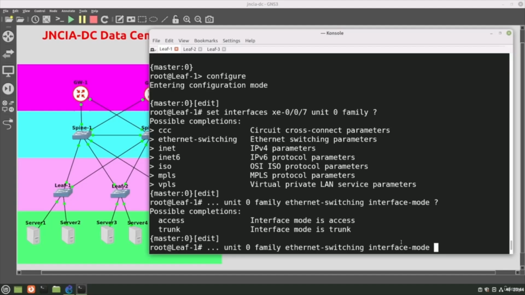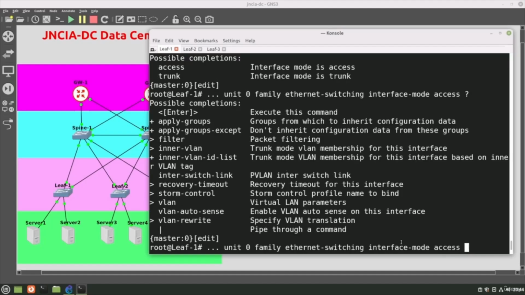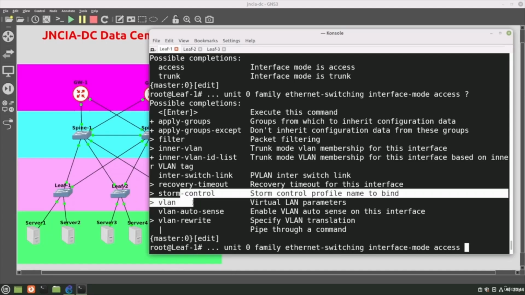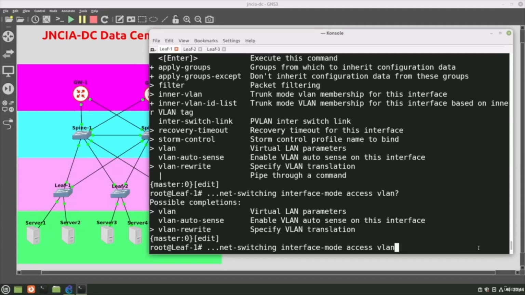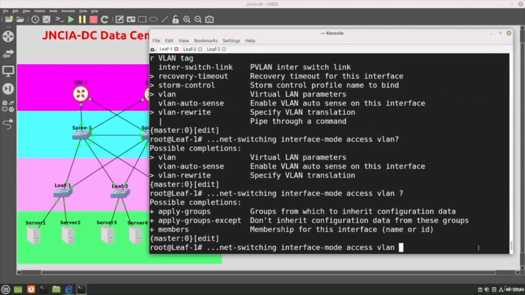So we're going to choose access, and if we do a question mark here, we're going to see where we have VLAN, but not storm control. So we choose VLAN, and then do another question mark, and we don't need to use auto sense or overwrite, so we do a space and a question mark, and